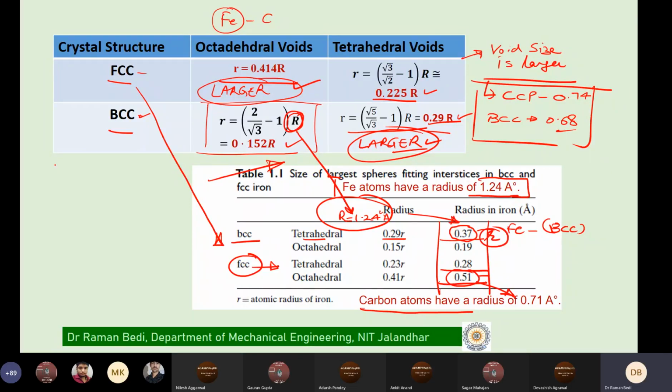If you recall from your basic studies, pure iron is BCC at room temperature. Is that right? Yes, sir. If I add carbon atoms into it to form an alloy, we'll see later on what an alloy is. What will happen to these carbon atoms? Where will they go? When you start putting carbon atoms into pure iron, they will start going into the interstitial voids.